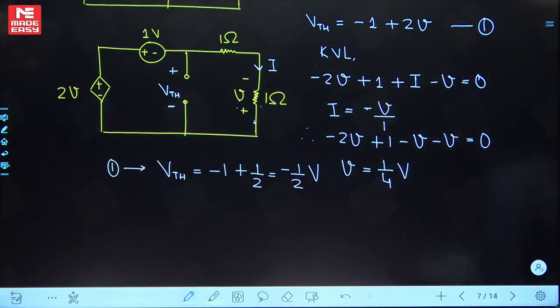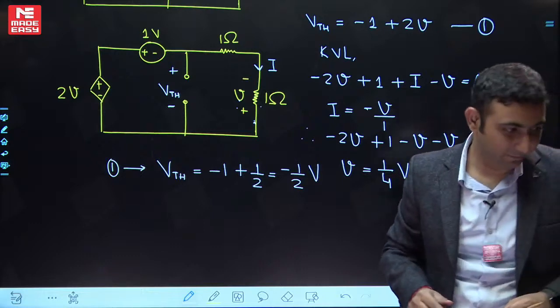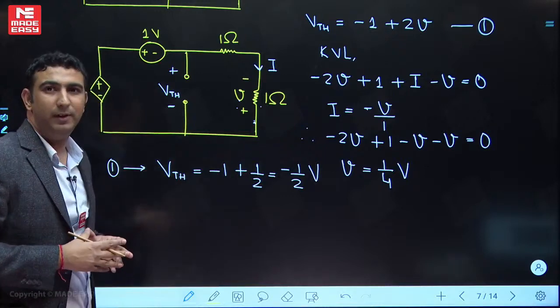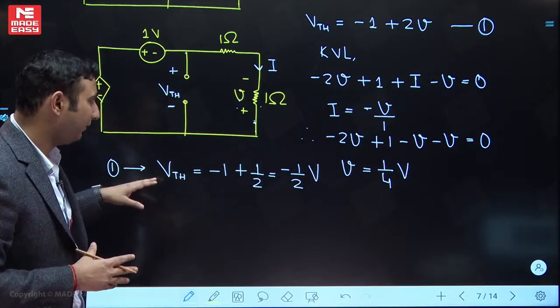Very good. First, M. Sridhar, minus 0.5. Rohan, minus 0.5. I don't know whether you have written voltage or resistance, but yes, good. Madhu, good. Few people have answered it correctly. I am very happy. Swatantra Kumar has also written minus 1 by 2. Excellent. So minus 1 by 2 volt is the correct answer for the Thevenin voltage.